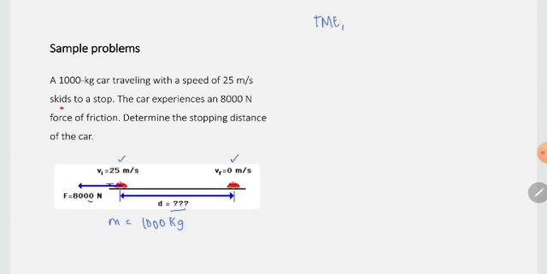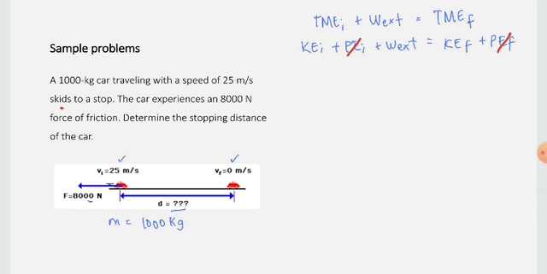So, TMEI plus work done by the external force equals TMEF. So, KEI plus PEI plus work done by the external force equals KEF plus PEF. We can neglect the potential energy kasi nasa zero height position yung car. And then, also, para malinaw, 1/2. Pakita natin na zero talaga yung